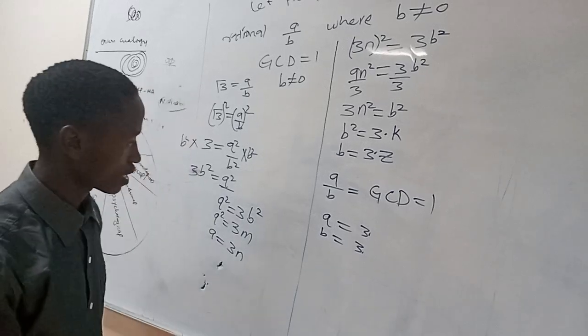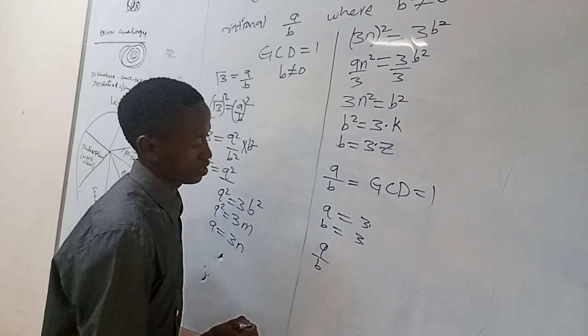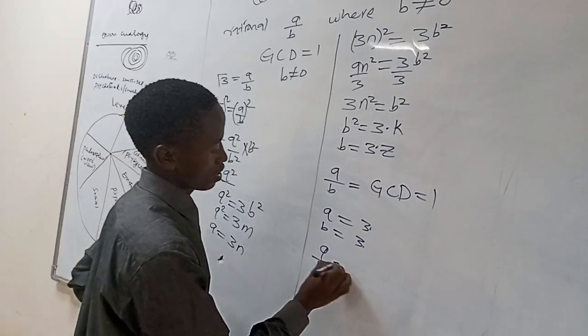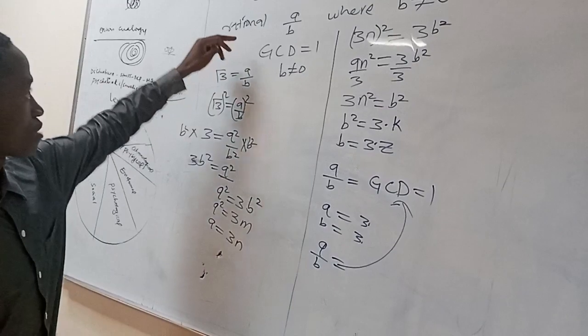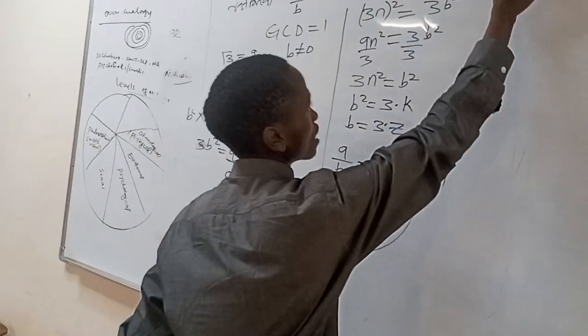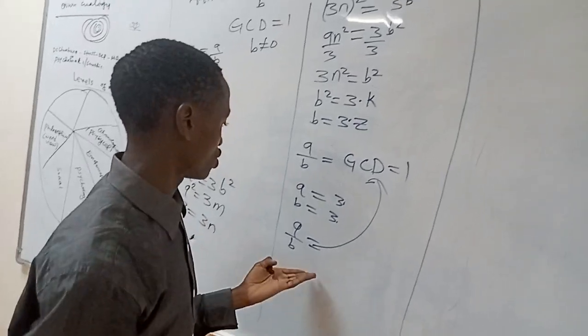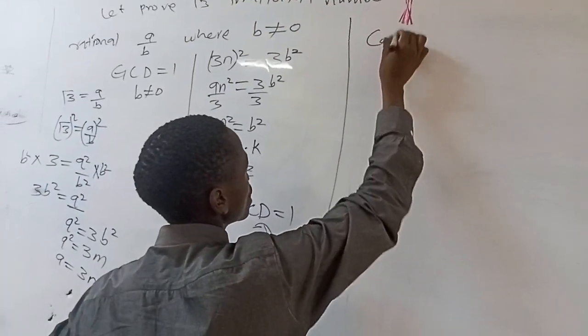So it means that a and b are not agreeing with our first assumption that it is a rational number, since they share another factor which is 3. So you finish by saying it is by contradiction,